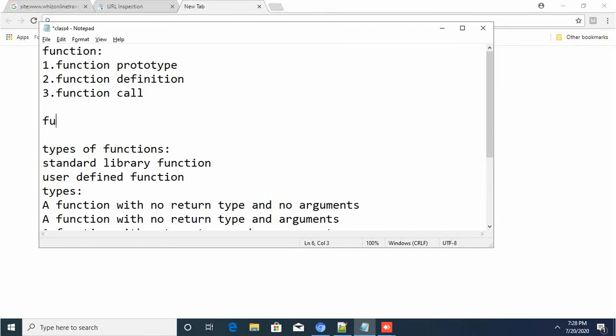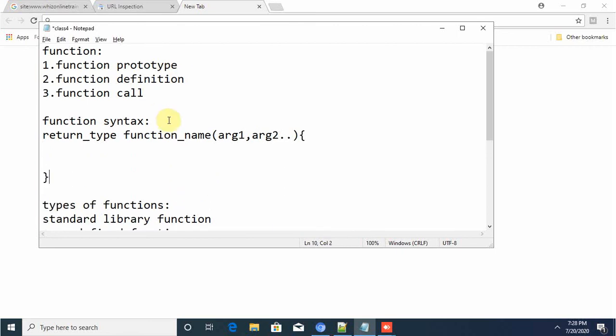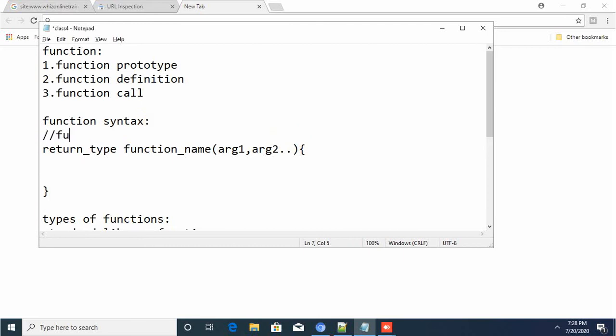How the function will be like: return type, function name, argument 1, argument 2, etc. This is what we can simply call the function definition syntax.